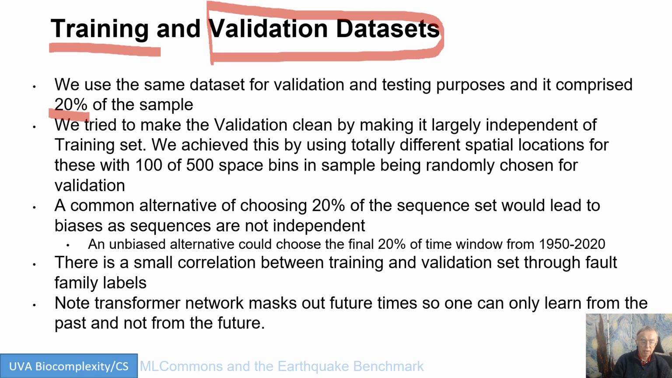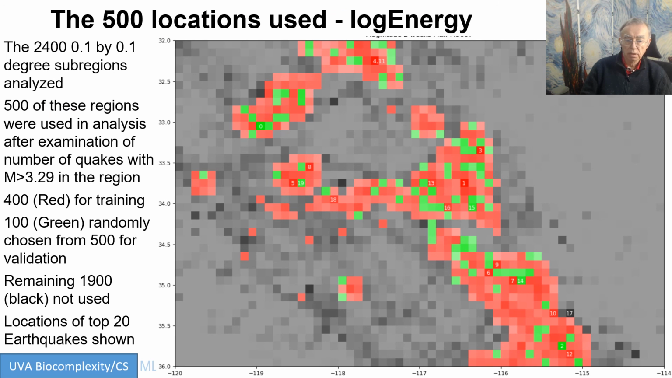I should say before that, before we did all of this, we chose out of the 2400, 500, which were pretty interesting because they had lots of earthquake hits in them. We used the multiplicity of earthquake cuts to do that. That's explained in our paper. Of those 500 total points, we're using 400 for training and 100 for validation. And here you see this. The red are the training data, 400 red points. The green are the validation data, 100 validation points. And the gray are the